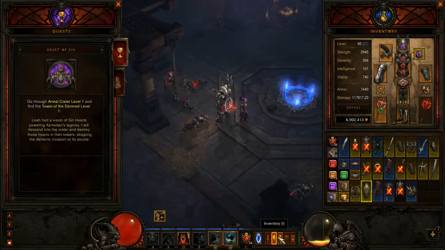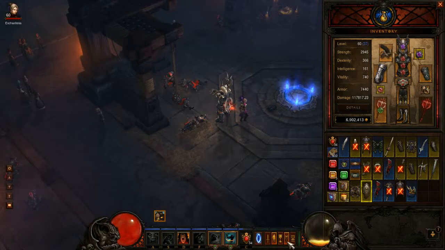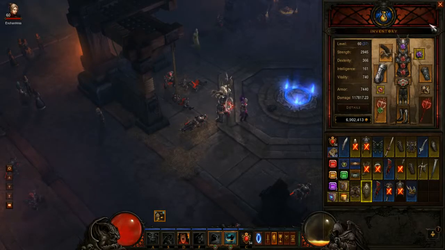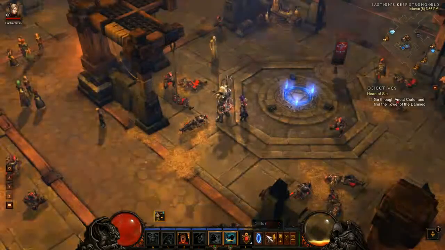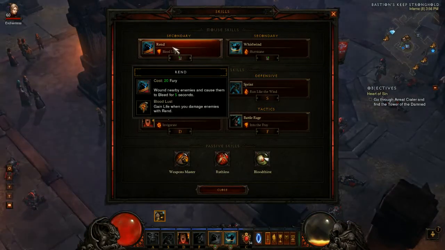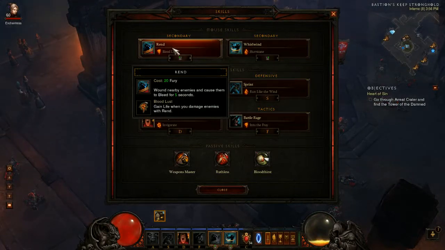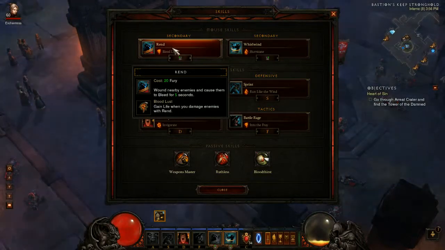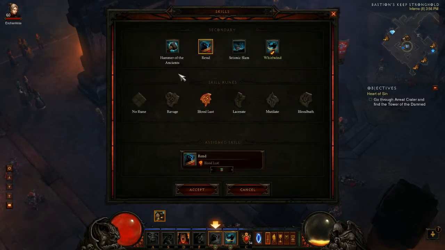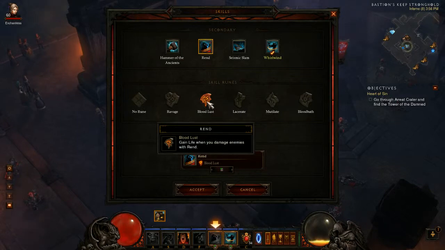I guess I'll go over my build if I can find it here, if I remember correctly where it is. Nope, that's not it. The thing that's interesting about this build is Rend. Now, Rend causes them to bleed over 5 seconds. You gain life when you damage enemies. Now on Rend I have